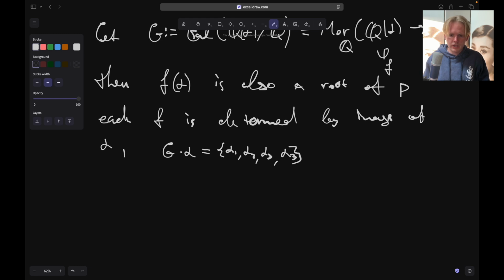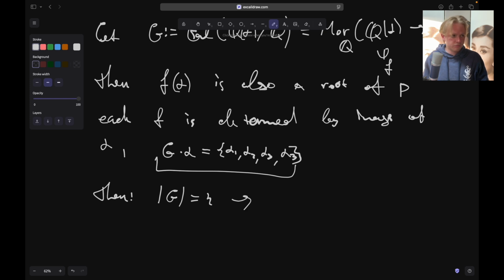So that means that we have exactly 4 elements in G. That's 4. This gives the following fact that G is Z over 4Z, or it can be the Klein group, K4,